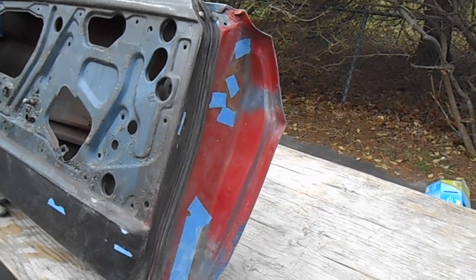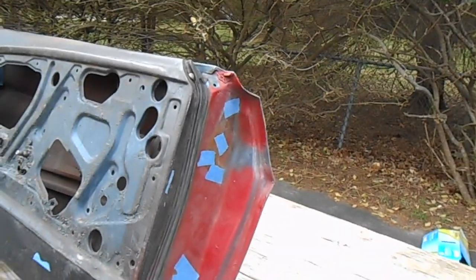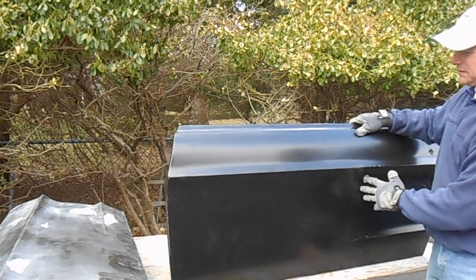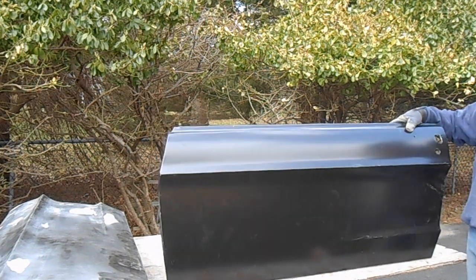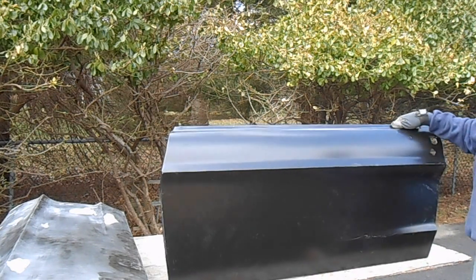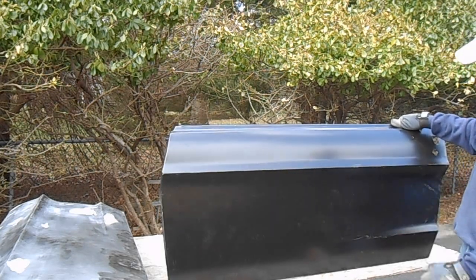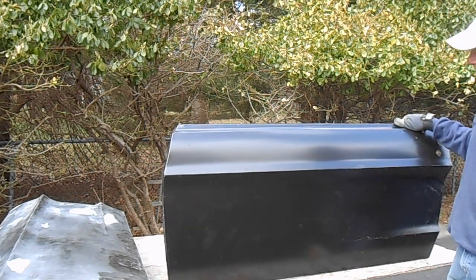Let me go get the replacement door skin and show you some things that you want to look at before you actually cut this one off. Here's the replacement door skin. You can see it's very close in the contour to the original one. It's supposed to be identical. These are pretty good. Later on we'll measure this door and compare the measurements to this skin, and you'll see that these are pretty close dimensionally to what you get on each car. There's a little bit of variation, but in general,